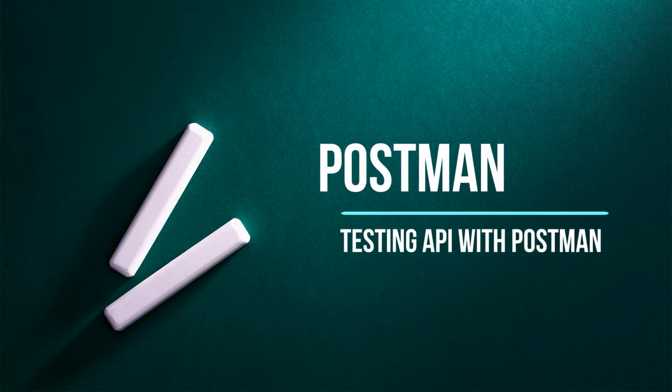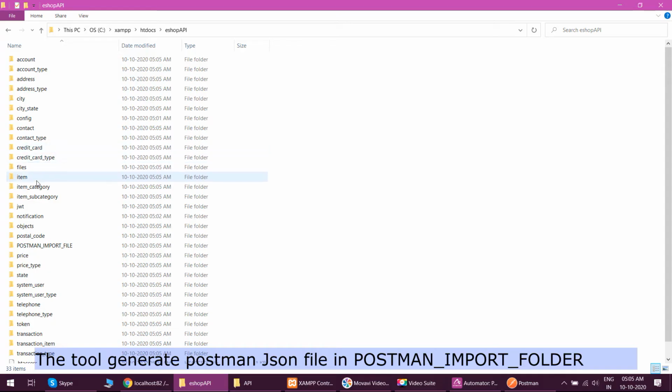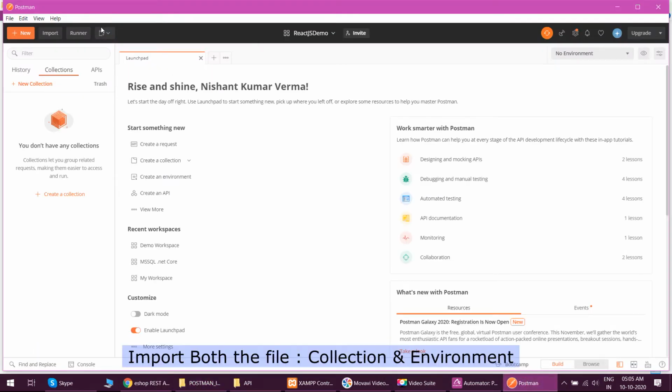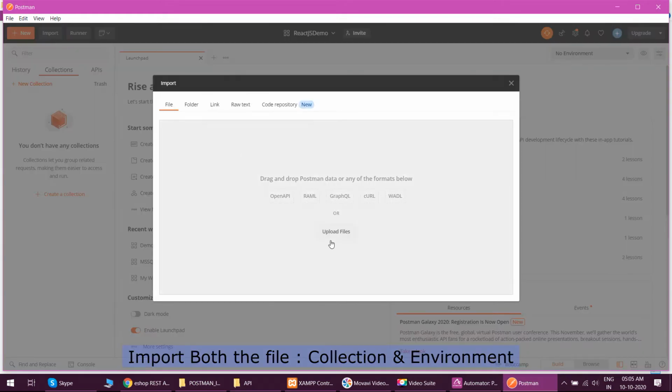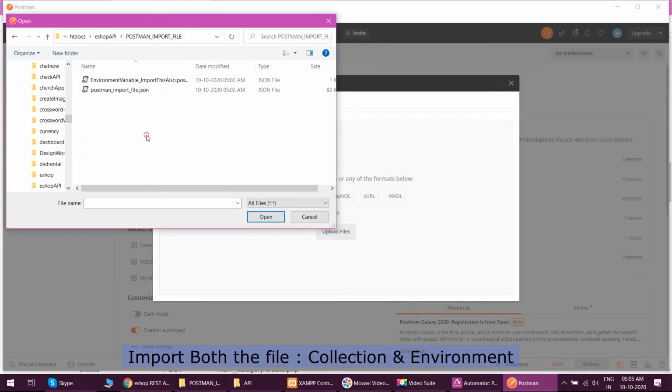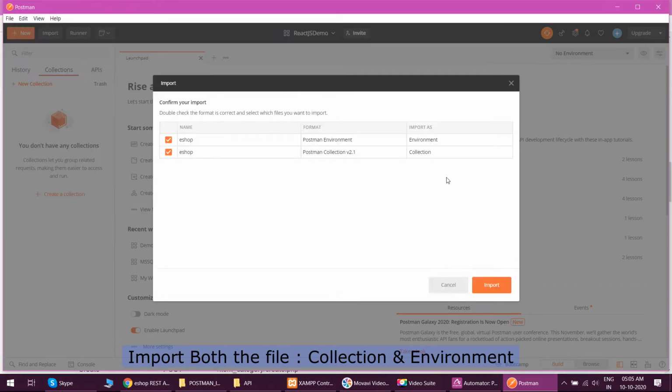The API is deployed to localhost, so we will use Postman to test those APIs. The tool has already generated Postman JSON files, which are in the Postman import folder of the API. Let's import those files in Postman. You can select those files in that location. Select both files and you can see an environment and a collection.